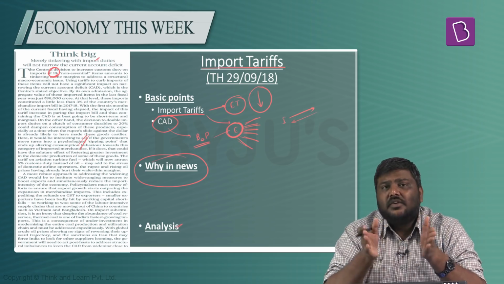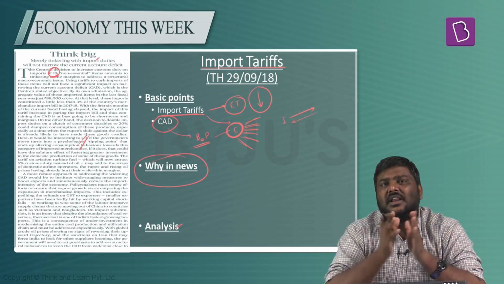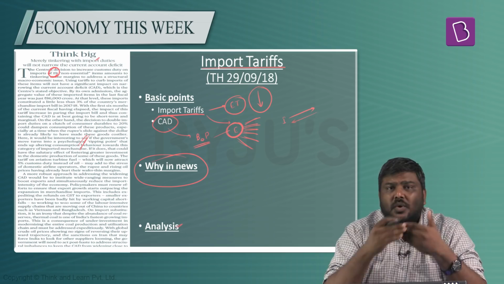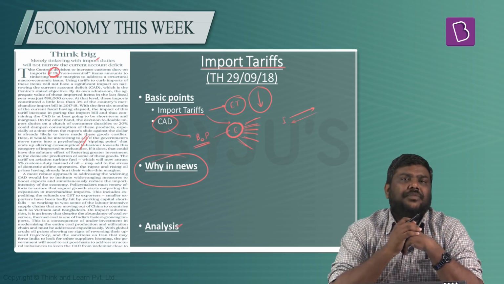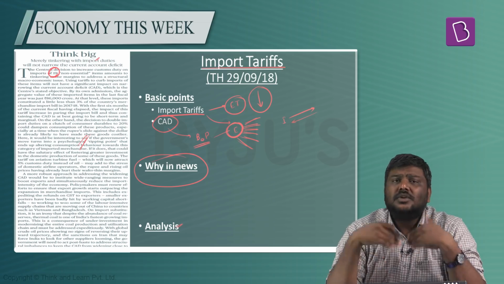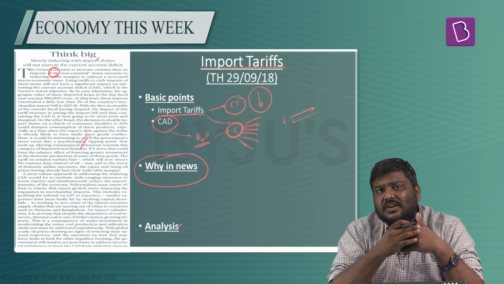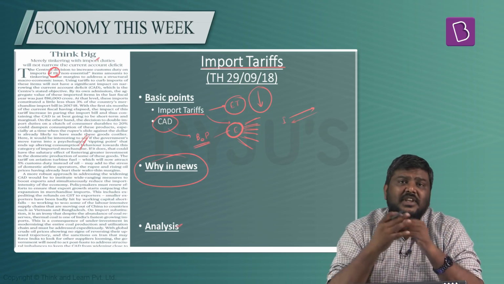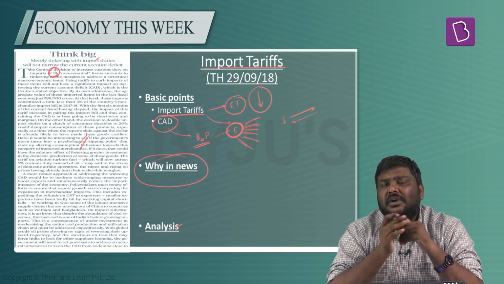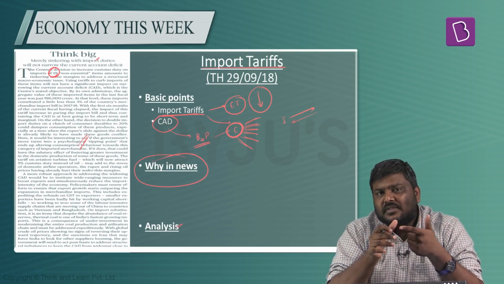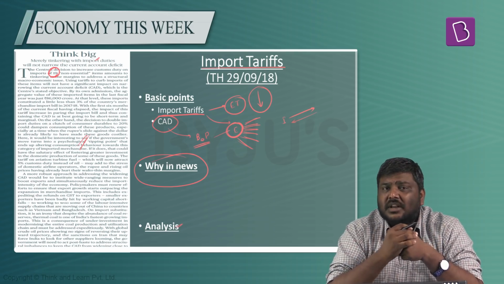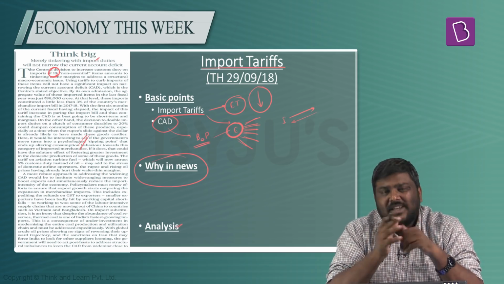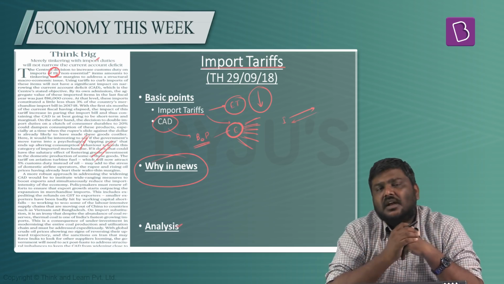Third, various reforms have to be done by the Government of India within the balance of payments itself. Let's say within the capital account, such as full convertibility, to attract a lot of foreign investments into India. And fourth, the Government of India might also look at the concept of NRI bonds to attract a lot of dollars into the Indian market. These are some of the recommendations given by various experts to control the slide of rupee depreciation, to control the expansion of the current account deficit, as well as the balance of payments deficit, which India has incurred for the first time in the last 3 years. These are some of the concepts associated with this article.